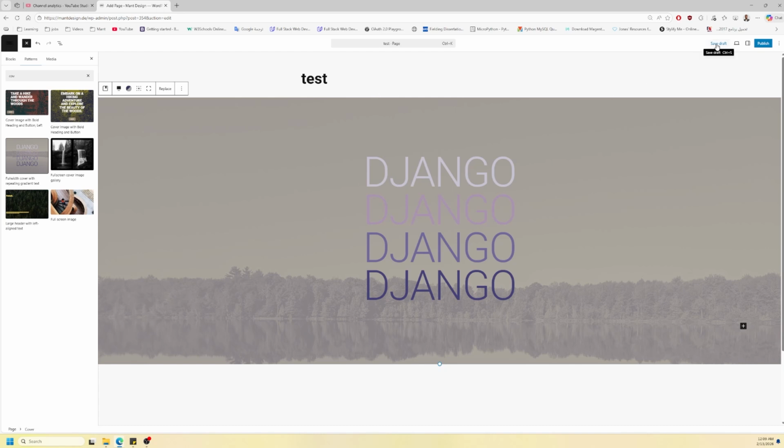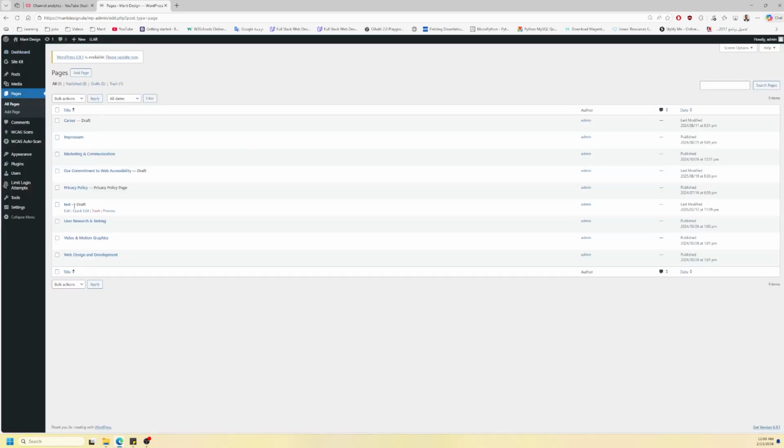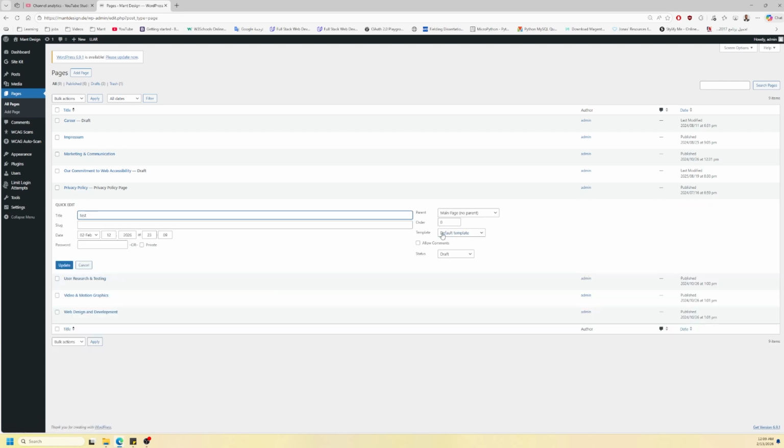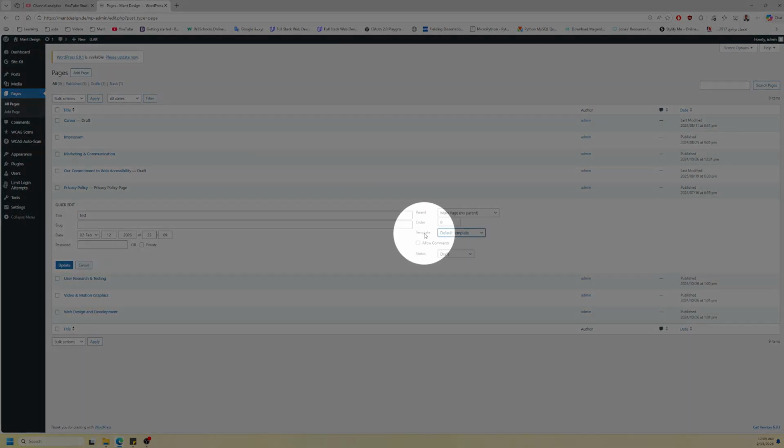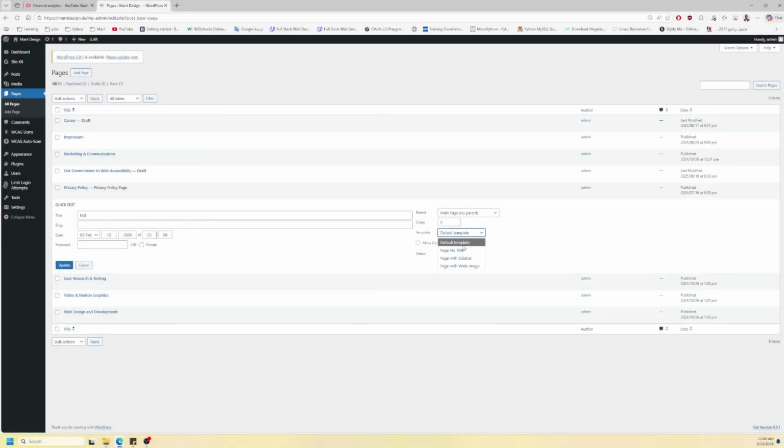Now let me save again as a draft. And let me go back to the dashboard. And here we have the draft of the test page. And let me go to quick edit. And here, under templates, we need to change the default template to a template page, no title. And now let's update